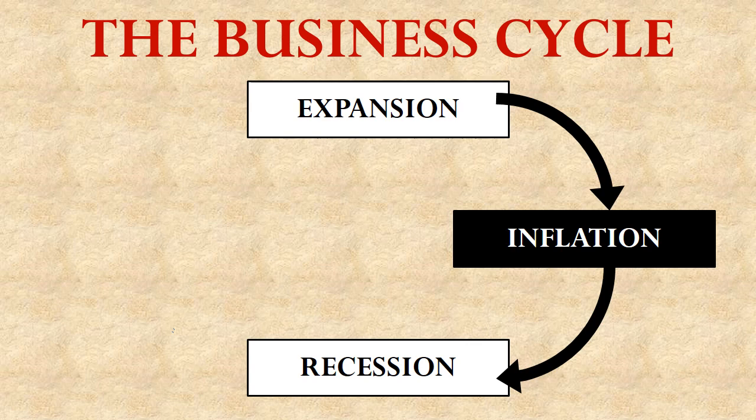But as a result of those prices going up, they end up going up a little too far. People end up saying, I can't afford that now. They stop buying. When they stop buying, then the companies that are producing the things are producing too much because they aren't selling anymore. And so then they don't have to have as many workers. They start laying people off. The economy starts doing worse. And we end up in what we call a recession.